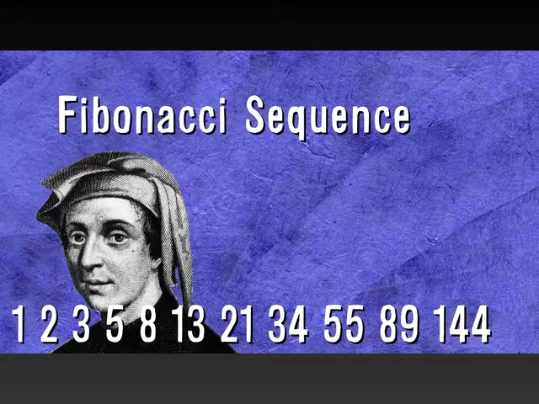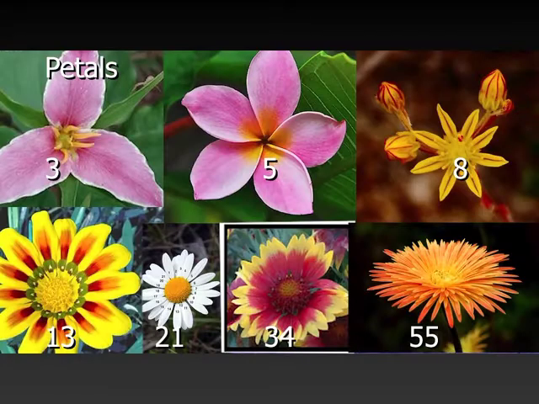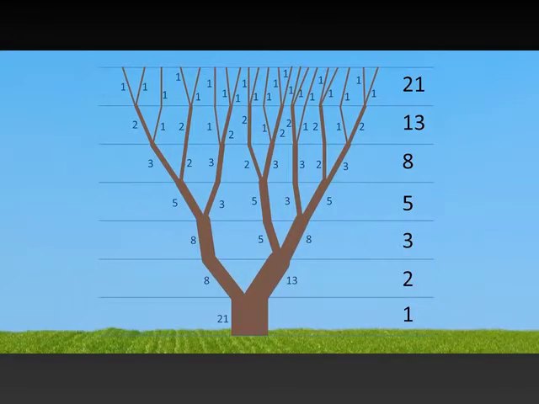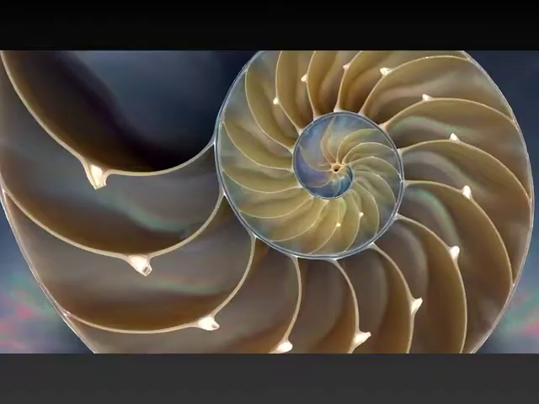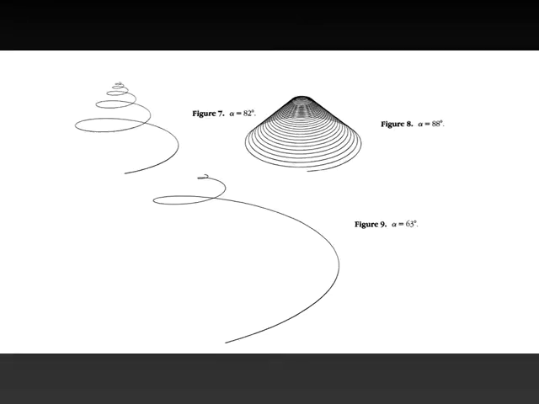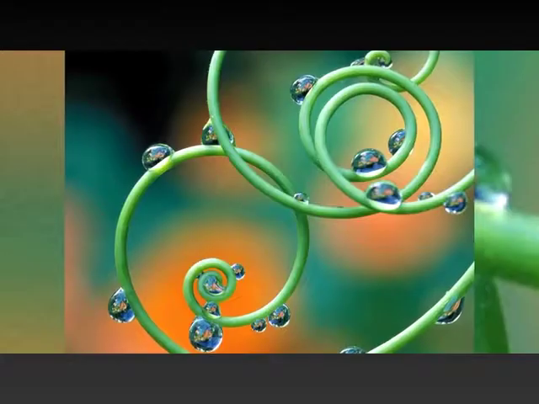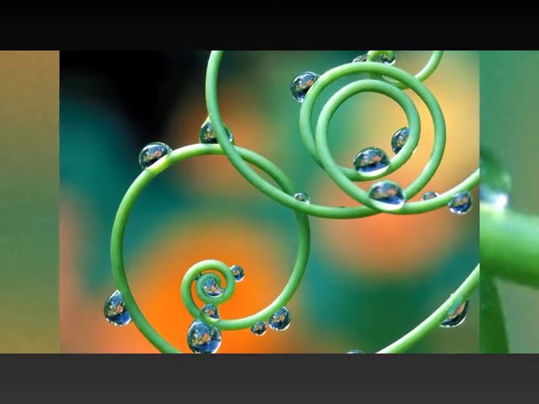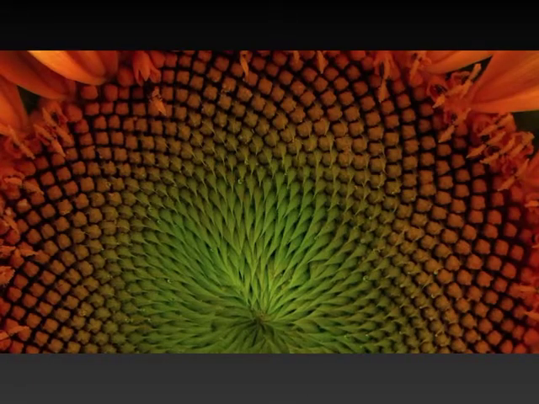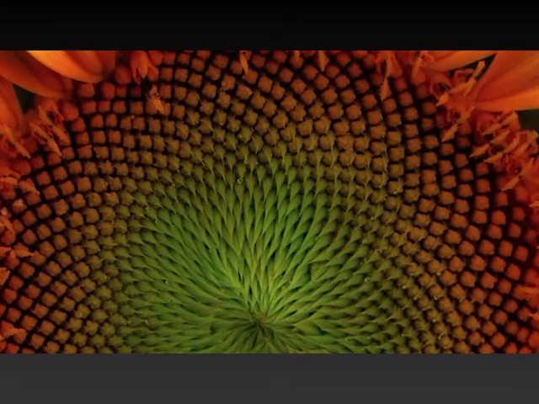And it's not just rabbits, these numbers seem to appear everywhere in nature. In the number of petals on a plant, in the way a tree produces branches, in the whirl of a pine cone, in the growth of seashells, even in the flight paths of birds of prey. It's amazing to think that some of the most beautiful aspects of nature come through the application of the mathematics in the Fibonacci series. So this connection between mathematics and beauty has led musicologists to question whether music, that most mathematical of arts, could also have Fibonacci numbers hidden within it.